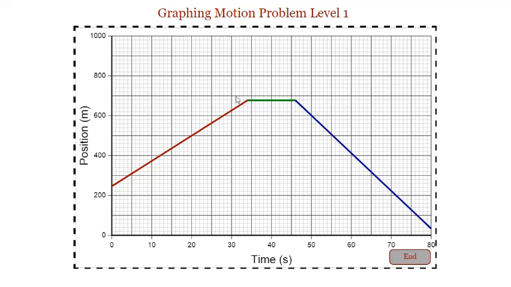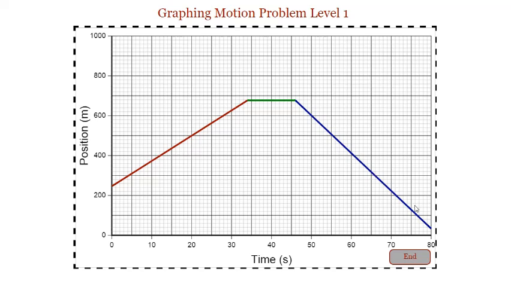Now notice the green section. What can we infer about it? In the green section, my object is not changing its position. It's at position 680, and it stays at position 680. About 12 seconds elapse, and I haven't moved a bit. So what's my average velocity during that time period? It's 0. How do I know that? I could say 680 minus 680, my displacement, is 0, but I can just look at the graph and notice that it's a horizontal line. A horizontal line has a slope of 0. Since slope on a position versus time graph is average velocity, my average velocity is 0. So my object is stationary.